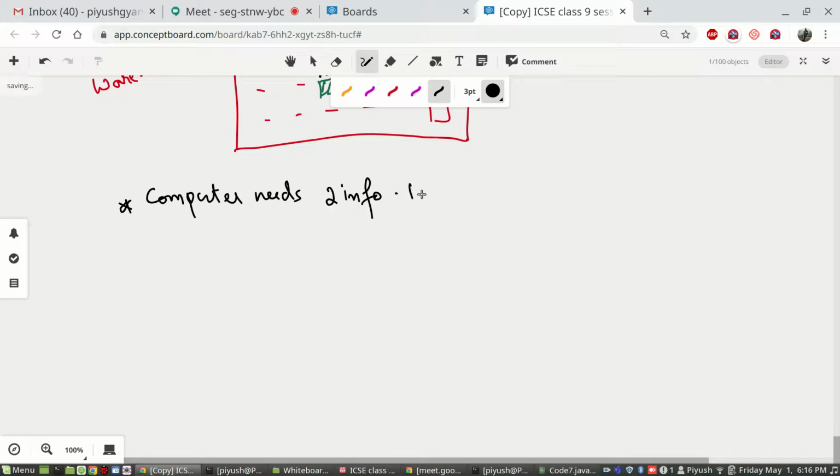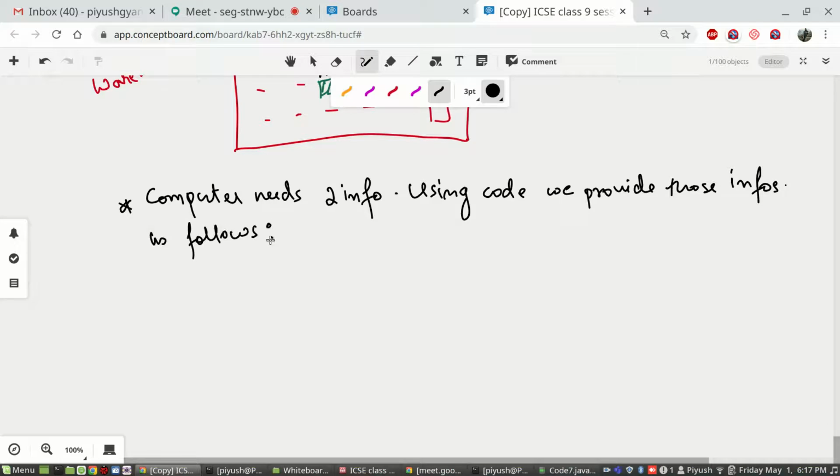So using code, we provide those infos as follows. Okay, so what you are going to write?